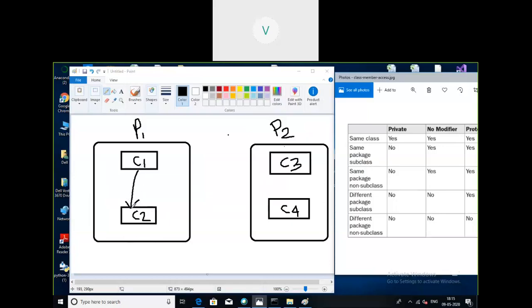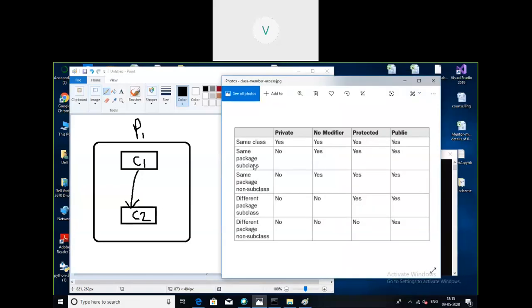In that case, what members can class C2 access which are present in C1? Because C2 is inheriting properties from C1 and both classes are present in the same package. When this is the scenario, what are the possibilities of access? The possibilities here are same package subclass.